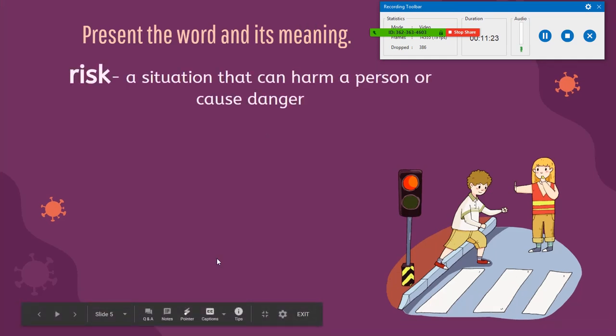is this: To avoid the risk of getting hurt, we must follow traffic rules. From the sentence, you can infer that the meaning of risk is a situation that can harm a person or cause danger. Upon saying the sentence, you can have follow-up questions like, what do you think would have happened to the boy if he did not follow traffic rules? Responses could be the boy might get hurt, the boy might get into an accident, and those are examples